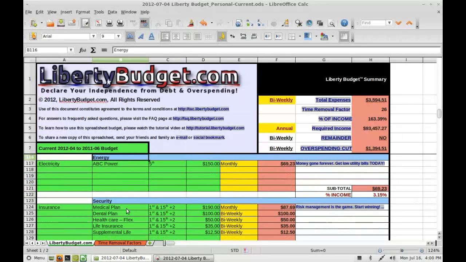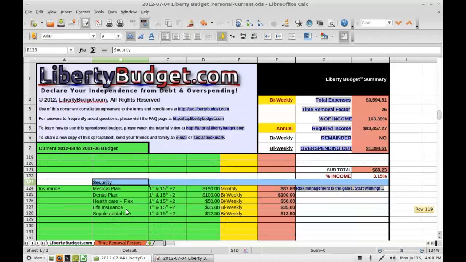Security, things like, I don't know, you pay for an ADT alarm system to protect all the valuables in your house. Maybe you pay this every 15th of the month. Maybe they charge you, maybe you got a good deal, maybe it's